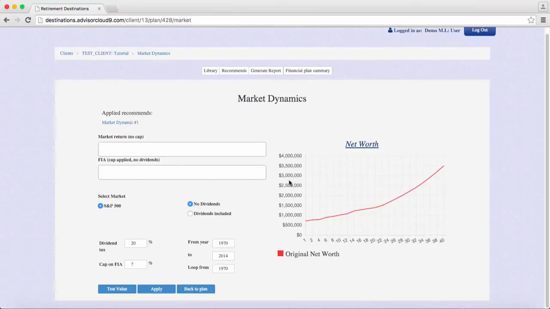Market dynamics is a way to project asset growth in the market that uses historical return data from the S&P 500 index over a particular range of time that you will be able to specify from 1970 to the present year. We feel that not only does this lend a more accurate method of projecting the manner in which clients